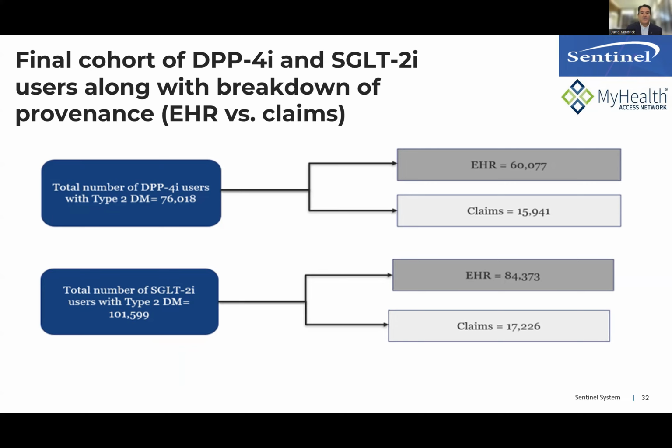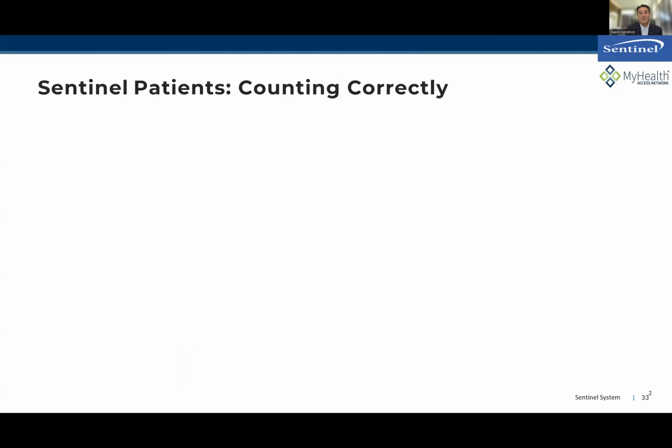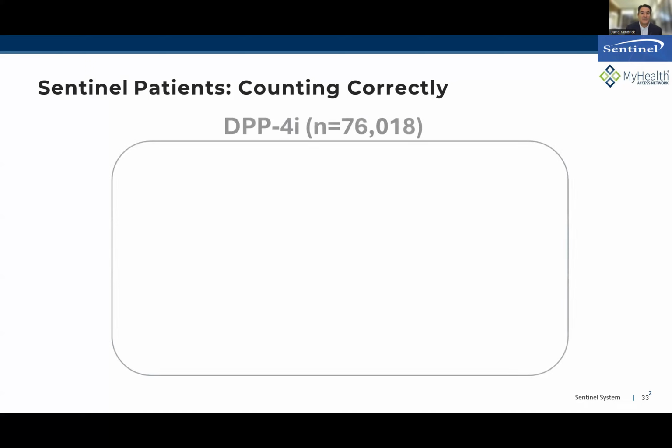I think this is interesting to look at, but the more interesting view of this data, and really the more important view if you want to perform science with good methodologies, is to understand that claims data and clinical data often count the same patients, and that there's a real risk of duplication of individuals if you're not careful and don't have an overall master person index. So here, for example, is the way the population in the DPP4 arm broke down.